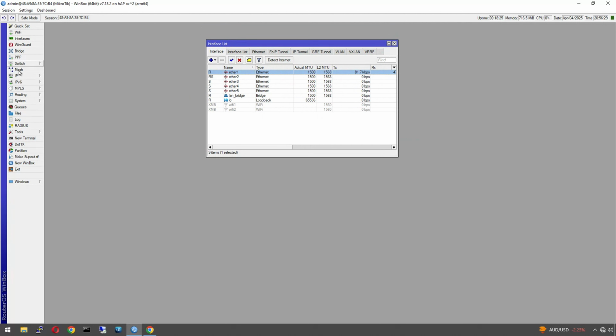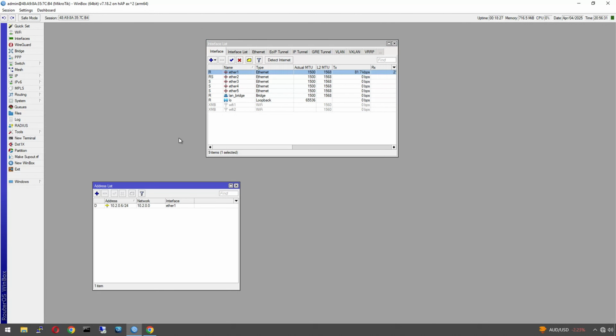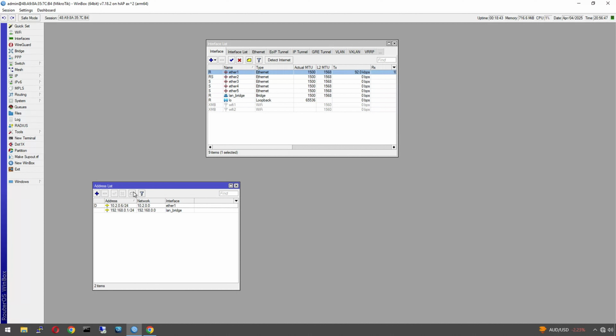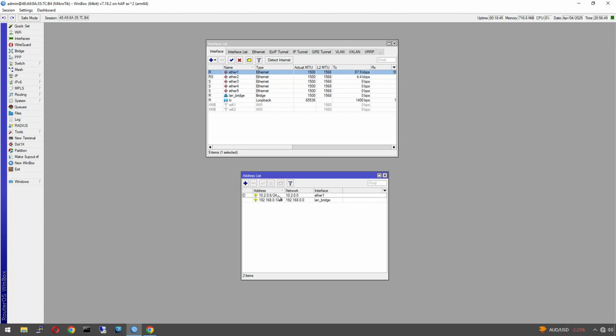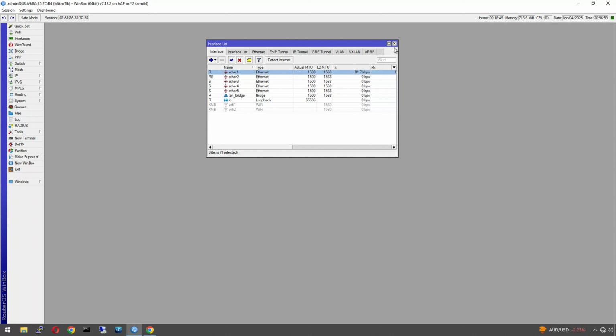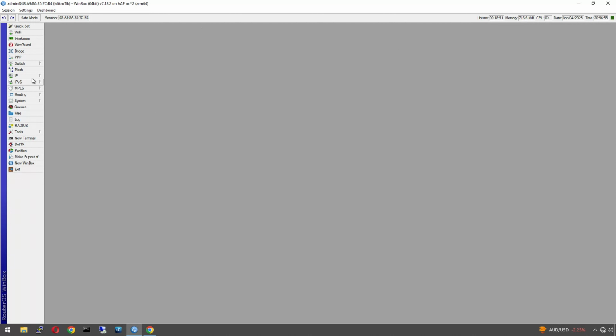Now we're going to give it an IP address. We've already got a dynamic one for our WAN, and then we're going to add 192.168.0.1/24. Don't worry about the network because that'll populate that for us. We just select the LAN bridge. Okay, and there we go. So we've got LAN and we've got WAN set up. We can close those now, and let's go for our